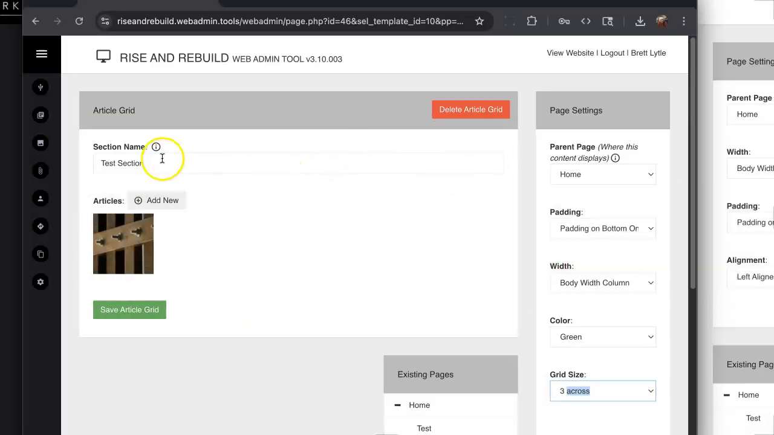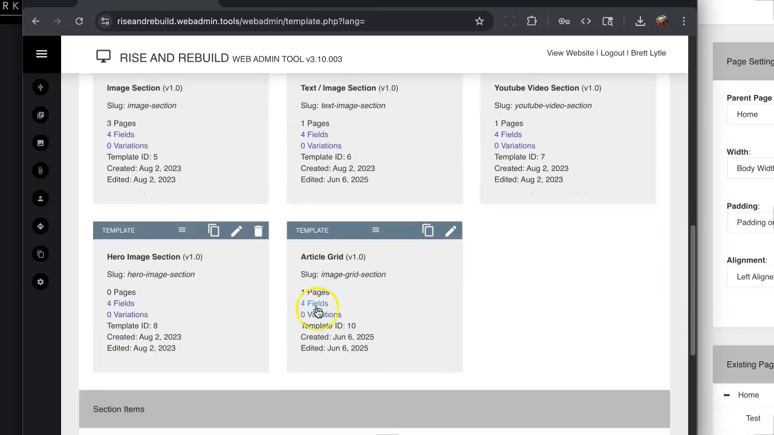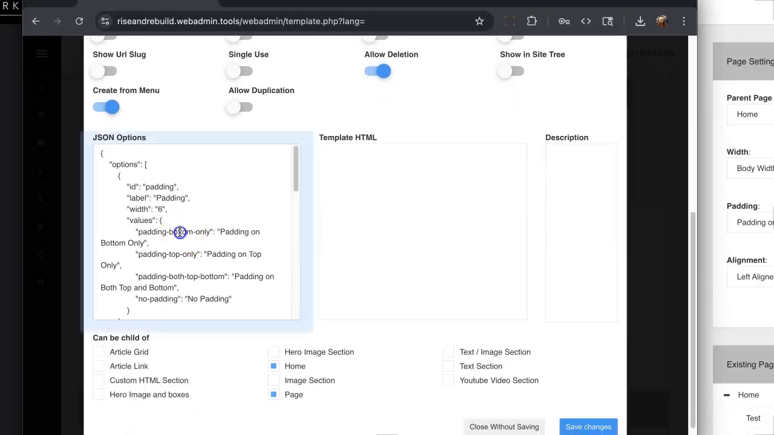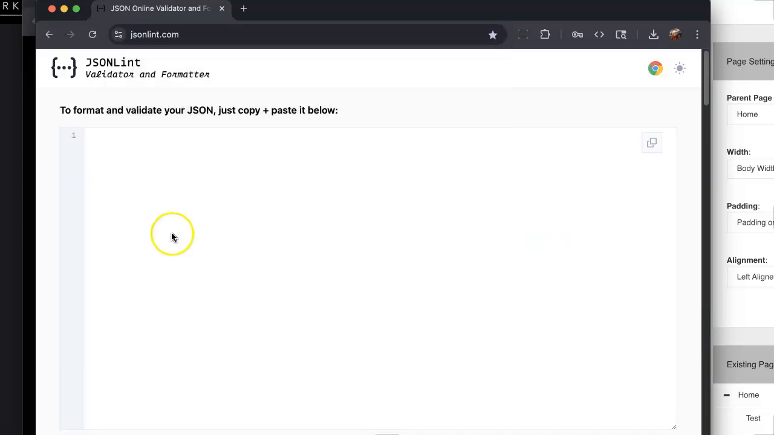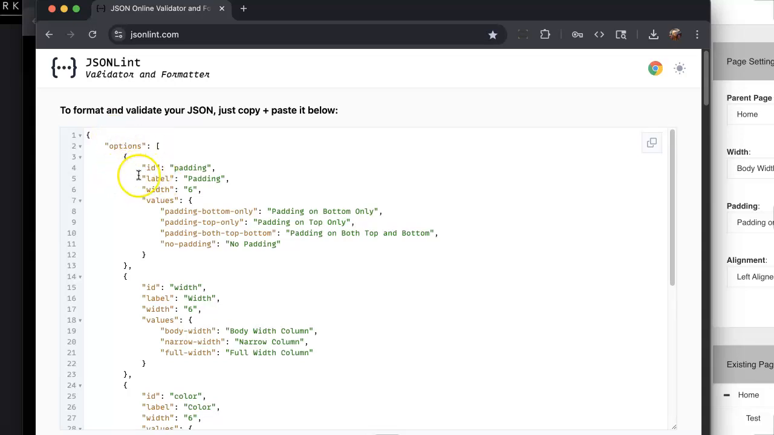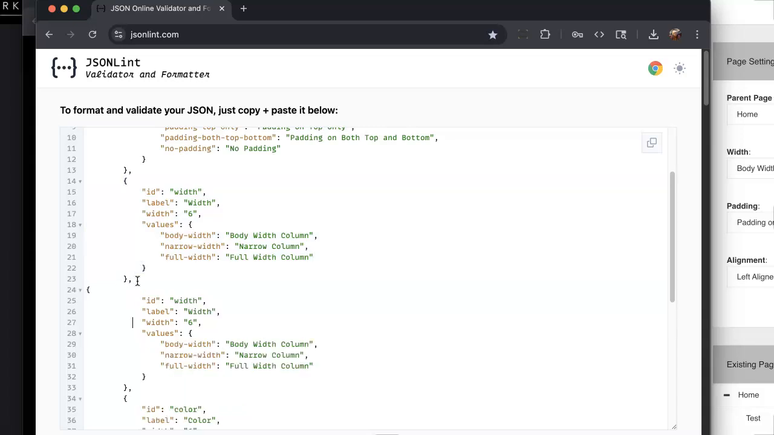is if you go into the templates, and this, I think I called it article grid. If you go into here and edit the template, there's a big old JSON array here. And this makes it easier to see if I go into something like this. But basically, you've got different options here. So if you wanted to add a brand new option, we can go put that in and say something like,